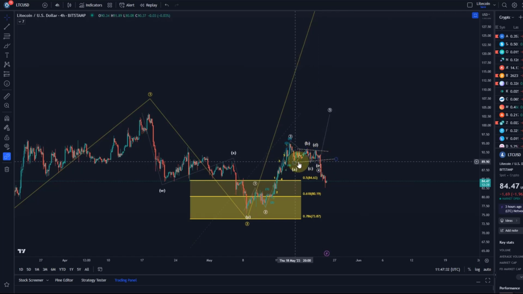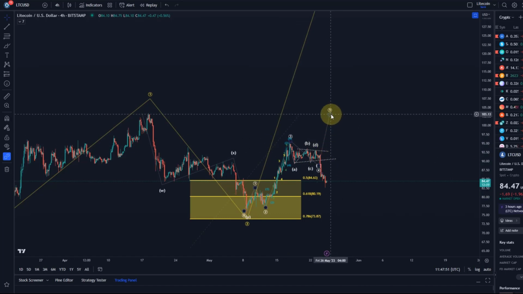The idea was, okay, possibility as a triangle. Wave 4 unfolds as a triangle. It followed it quite nicely then. Or if it doesn't follow the triangle, at least as long as it's holding $86, we can still expect a 5th wave. Clearly that didn't happen. So we only rallied in 3 waves, which is a bit of a concern. Or, well, not necessarily a concern.